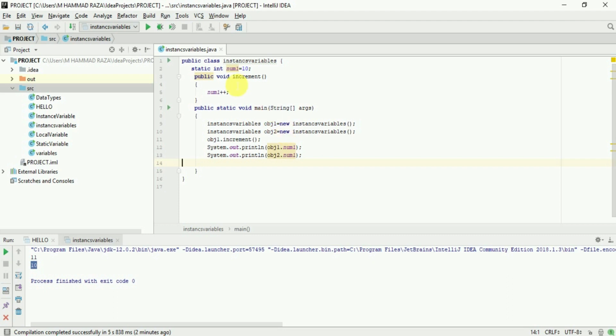Once its value has changed, its value affects the whole class. We cannot say the obj1 has its own value and the obj2 has its own value. When we write static, it affects the whole class. Once its value is changed, its value changes in all the instances. So as you can see, when we use instance variables, each object has its own value,